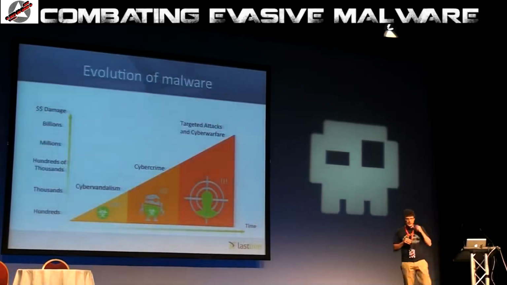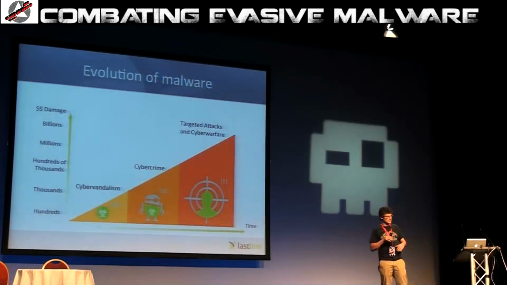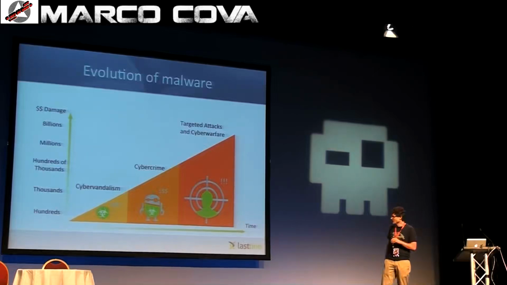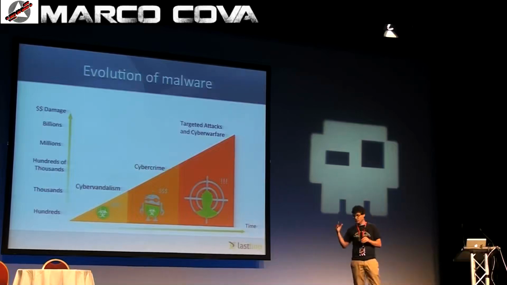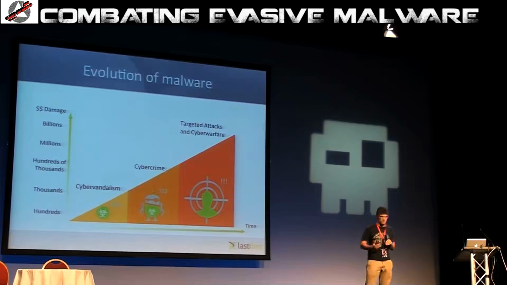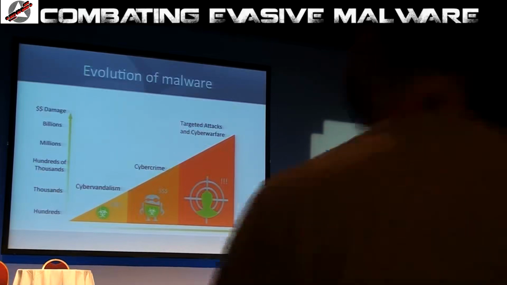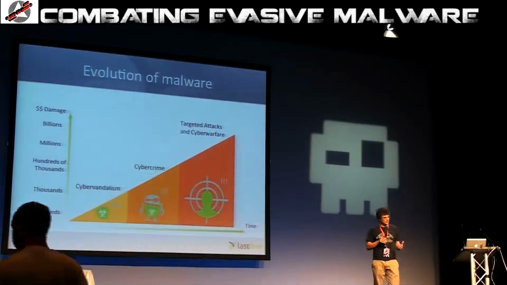All right, so a little bit of background. How has malware changed over the years? There's been a dramatic increase in the complexity and sophistication of malware. This is something that you may have seen in the news. A few years ago, malware was used mostly for cyber vandalism. In the last 10 years or so, we have seen cyber crime becoming very, very common. Organized criminal groups stealing credit card information, online banking information. What we have seen in the last few years is the emergence of targeted attacks and cyber war and so on. So now, as you see, the complexity, but also the cost of infections with this kind of malware has